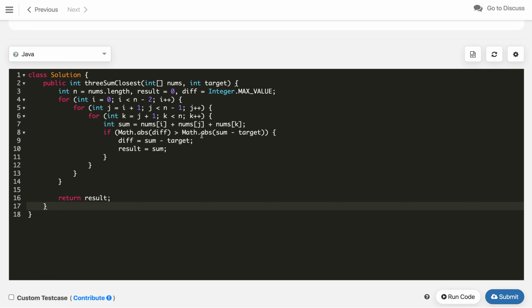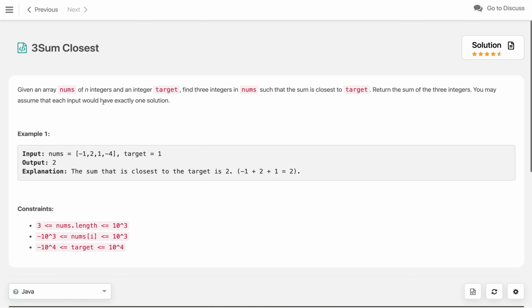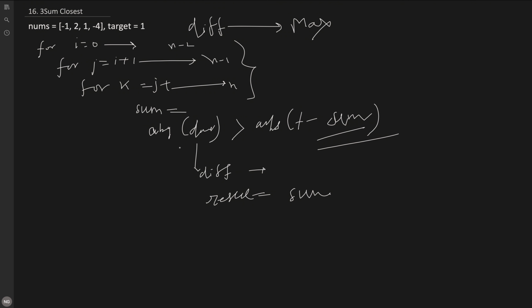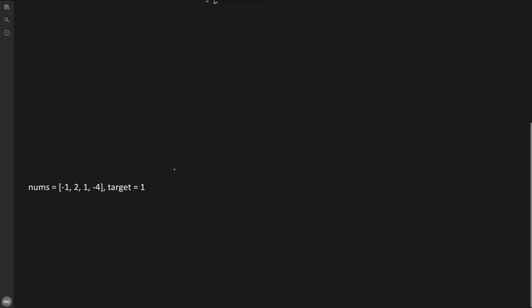Can we do it better? If you see this line carefully, the answer occurs exactly once, and we need to return the sum of 3 different numbers, not the indexes. So can we do something to optimize, like sort the array and then try it out? Since we don't have to deal with the indexes and just need to worry about the values, sorting will rearrange the values and will not impact our solution. So we will sort this array first.